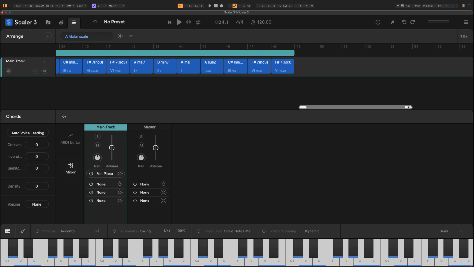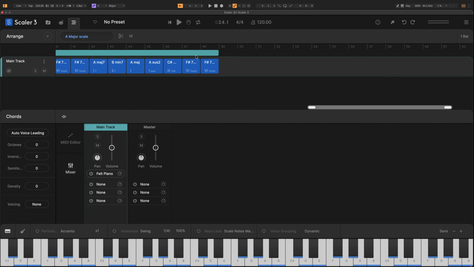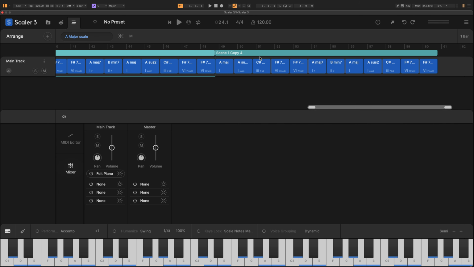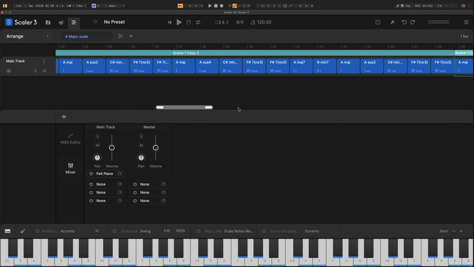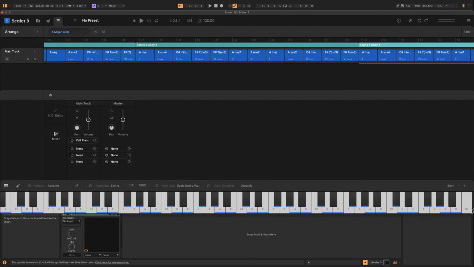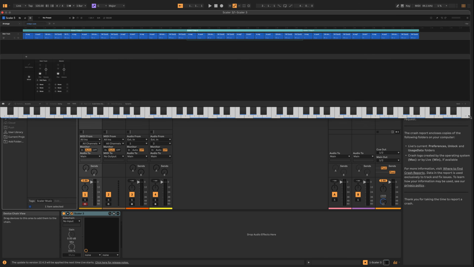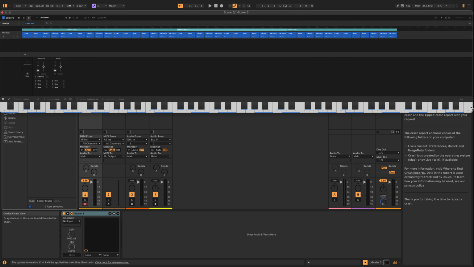Now, we've always had this kind of zoom ability, if you like, here, which means you can see a lot more. Let's say I want to duplicate the scene a couple more times to make this just a little bit more apparent. Now with vertical and horizontal resizing, there's a few options. Firstly, you can zoom in by doing this vertically. You can see that you can zoom in and see the full chord names